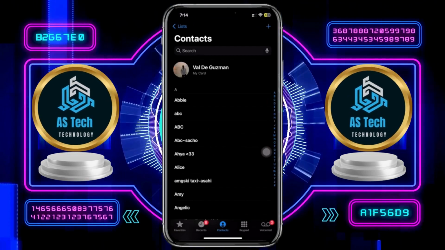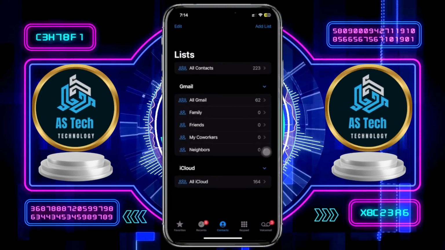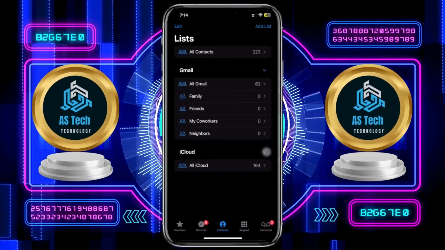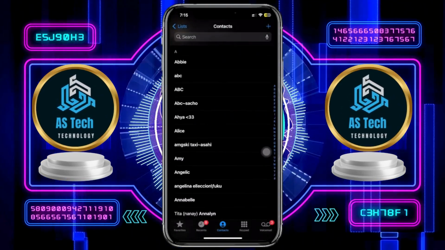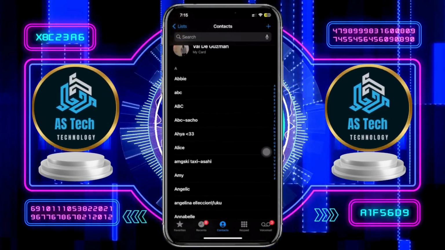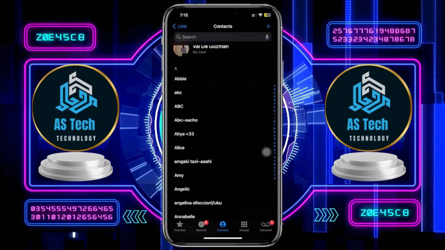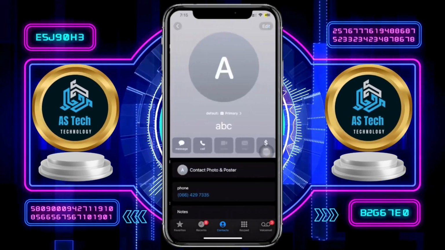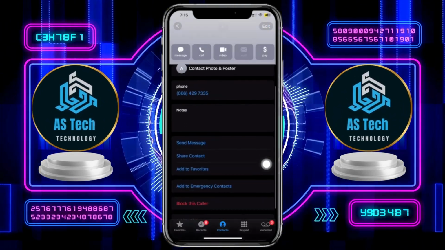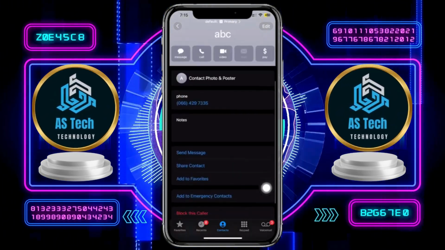All we need to do is to launch our phone application, and then I want you to proceed with going through your contact list. So as you would notice, here is all of my contacts, and I want you to proceed with tapping on the specific contact that you have a duplicate of. So let's assume this is the first duplicate that I have. What I want to do from here is tap on this option to basically merge this contact with another,